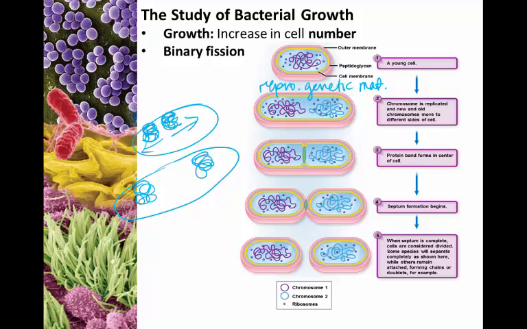Now, once the chromosomes are moved to opposite sides and separated from one another, a protein band forms down the center of the cell. Think about it like a rubber band. That over time shortens and begins to pinch in, basically pulling in the sides of the cell. So these sides get pulled in, and once the septum is complete, so once we've pulled in from both sides equally and moved that membrane in together, the cells are considered divided.